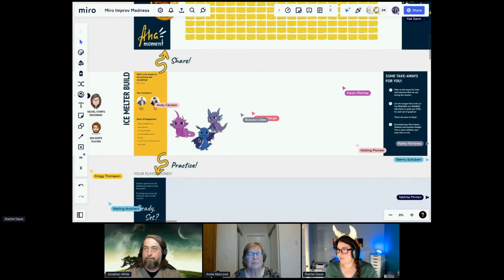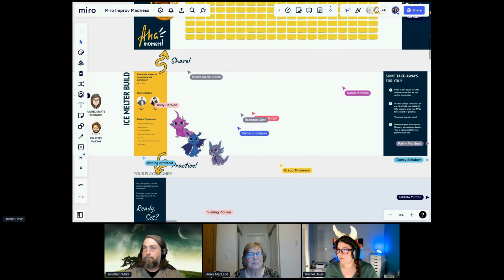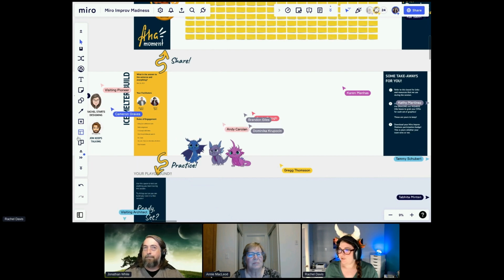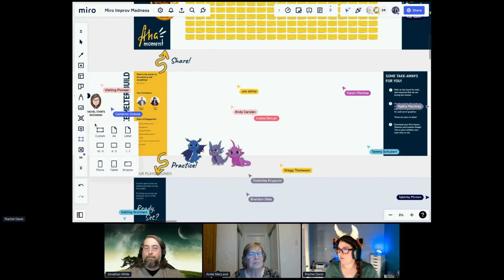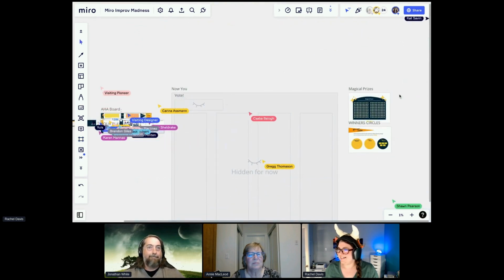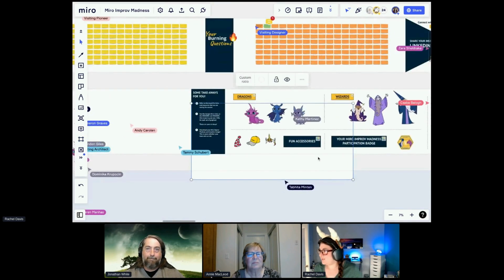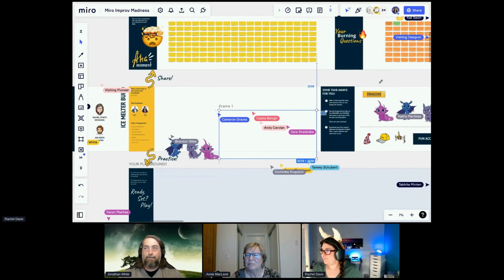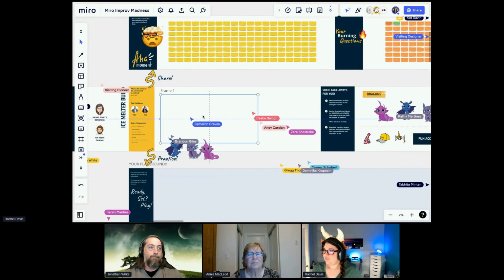What I'm going to do actually is nest some frames here because we've got a little area here. And I don't know if anyone has used this before. Let's find the frames. Where are the frames? All right, let's... wow, okay. I knew it was going to do that. All right, so what we're going to do is we're going to nest a frame in here for our ice